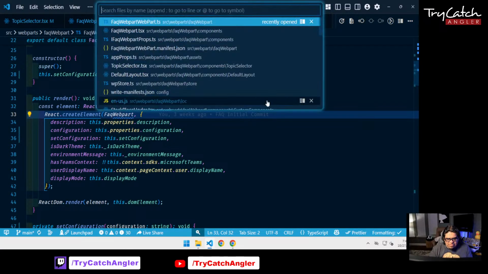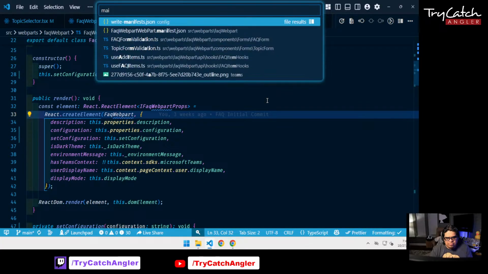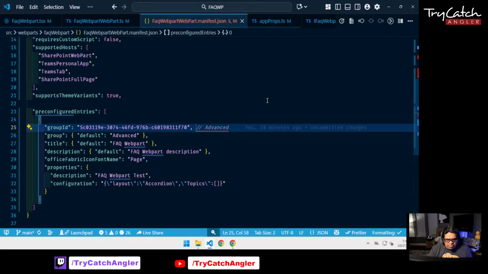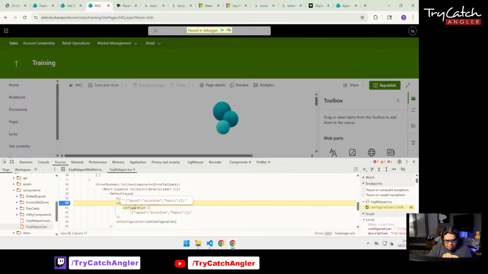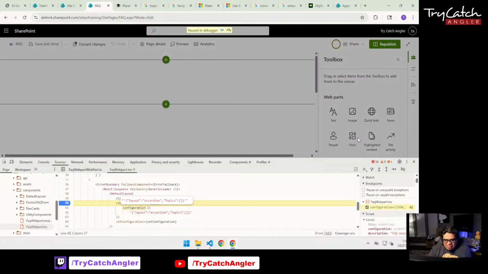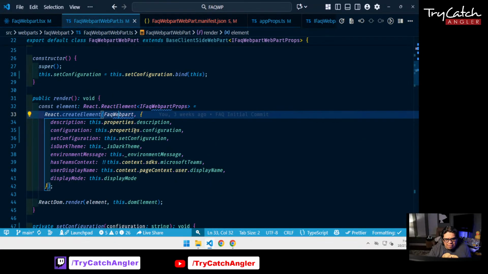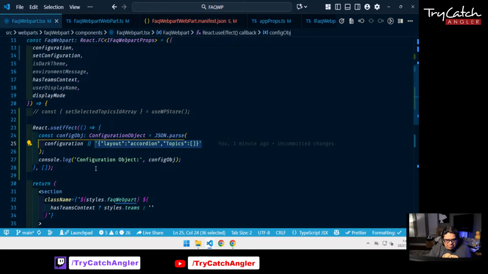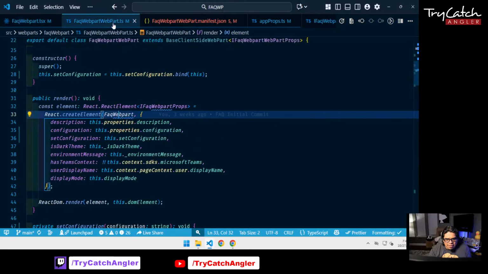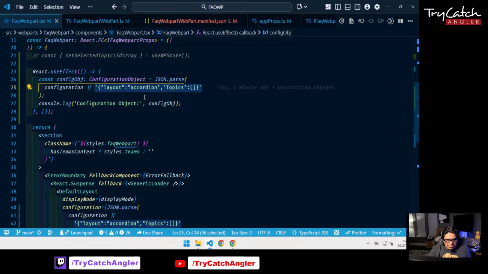Where's the manifest? Yeah, there's an error in configuration. You can see it right there. There's an extra. Problem is, I don't have access to it. And obviously that's gonna cause a problem. In order to fix that, we probably have to do a check to make sure it's a valid JSON. Because the problem is in here where it tries to